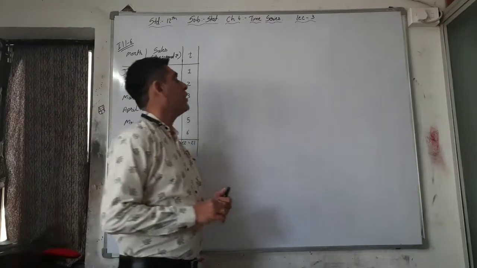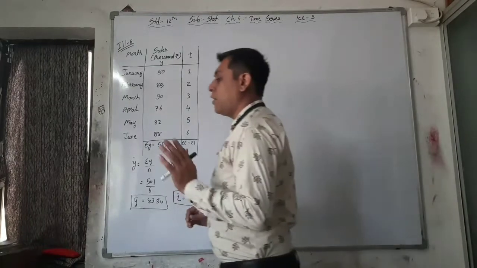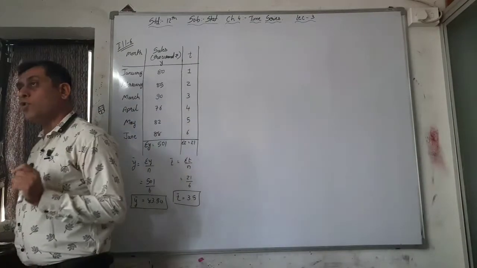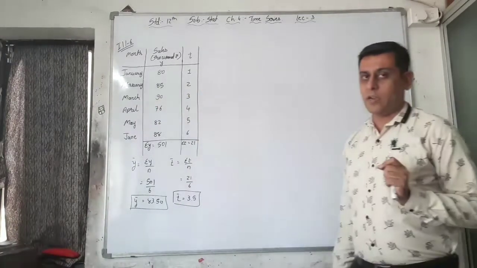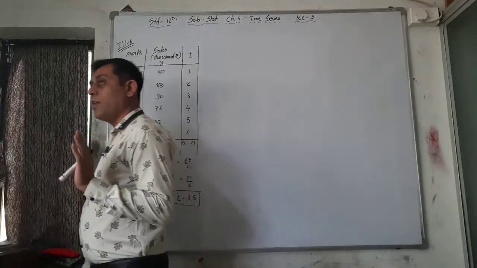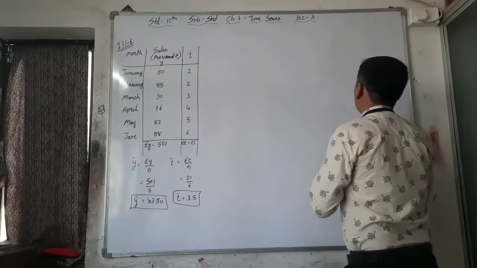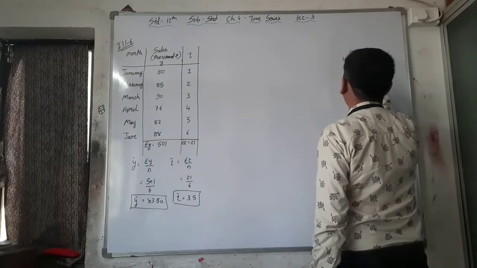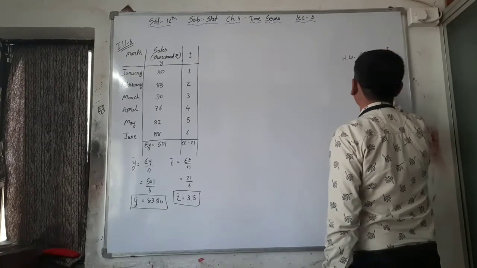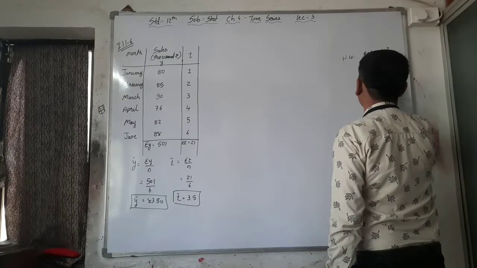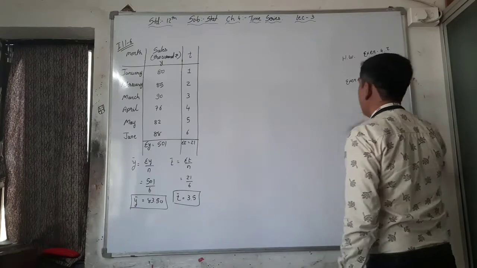In our last lecture of Time Series Statistics, Standard 12, we will complete illustrations 1 to 5. Illustration 1 and 2 we are skipping because they use the graphical method. Illustrations 3, 4 and 5 we will complete, and the homework is also to be completed by yourself. What is your homework? Exercise 3.2 and 4.2: 1, 2, 3 and section E. Exercise 4 section E: 1 and 2.